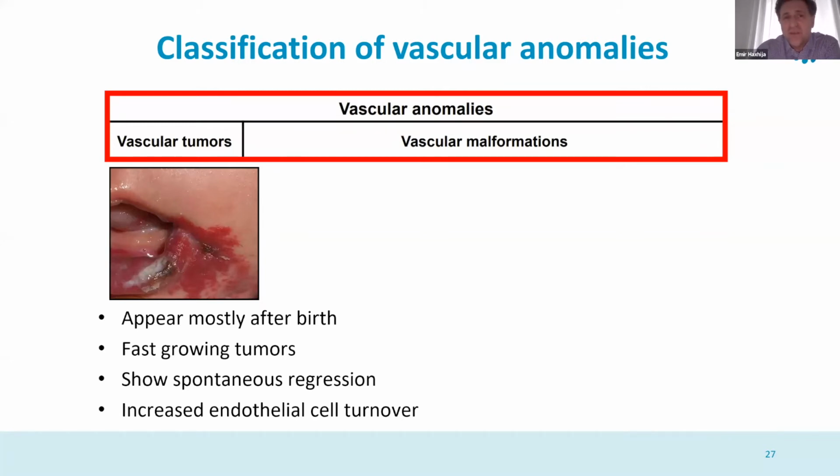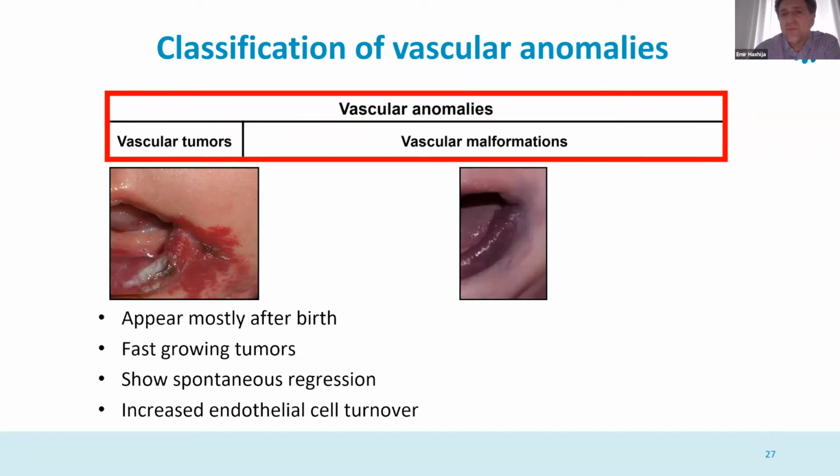The difference between infantile hemangioma and vascular malformations lies in that the tumor, the infantile hemangioma, appears mostly after birth, and it shows a fast growth after birth, and then it shows a spontaneous regression, which we still do not exactly know why it happens. And when you analyze it under the microscope, after you have a resection, it shows an increased endothelial cell